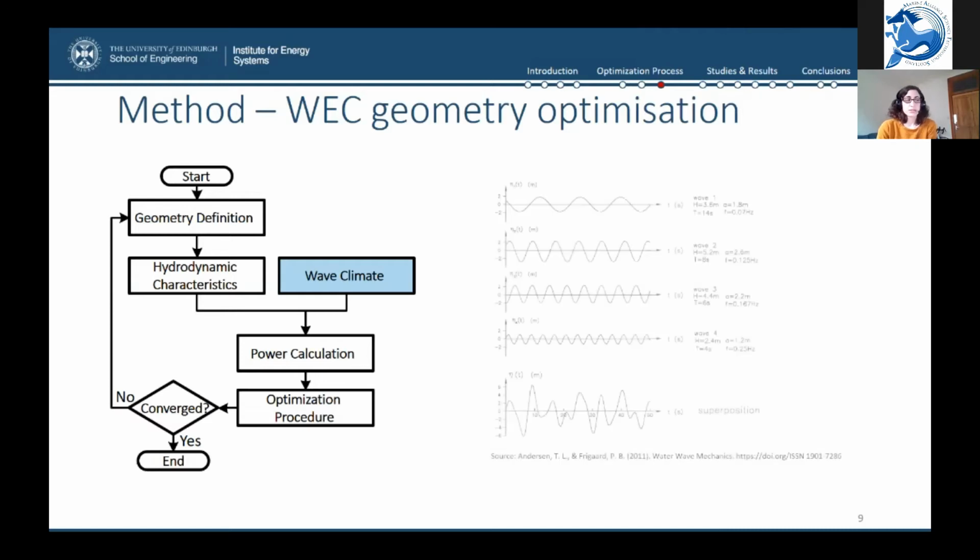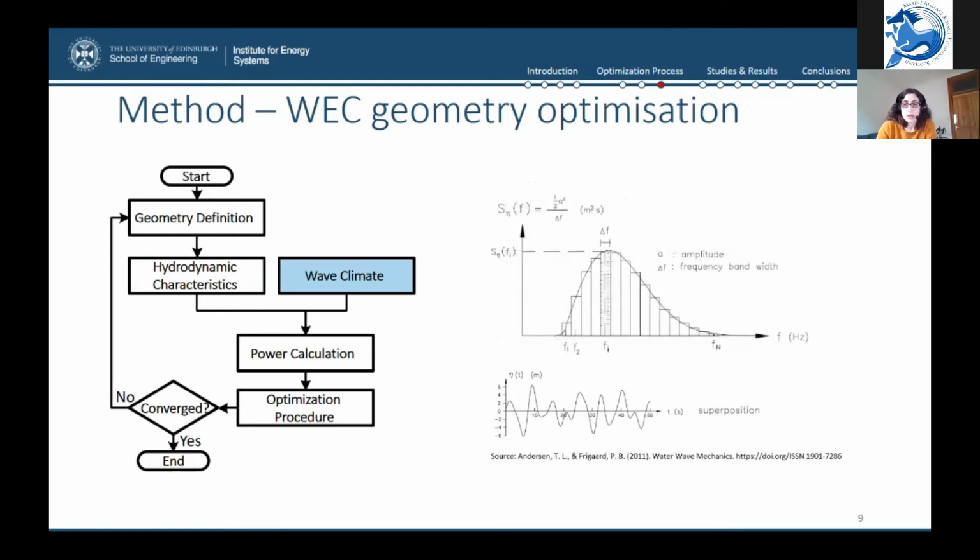a real sea or an irregular sea is represented through the superposition of harmonic waves with a different frequency and amplitude. A sea state is then described by a spectral distribution that describes how the amplitude is associated to a wave of a certain frequency. So different types of spectra and so of distributions exist depending on the sea conditions that